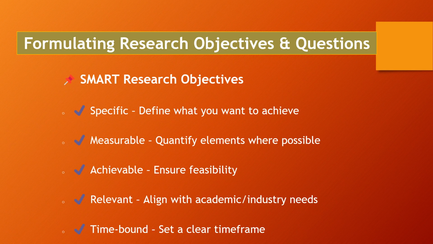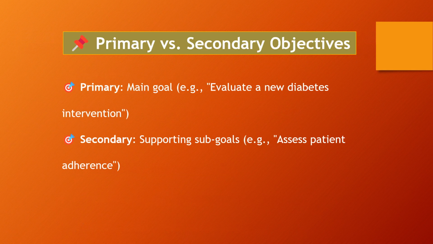objectives. But we have, as I said earlier on, aim and objectives. Our aim is the primary, the main goal. Maybe the main goal is to evaluate a new diabetes intervention. That is our aim. The secondary objectives are just supporting sub goals. They're just supporting to help you get in depth of the aim or the main goal that you have